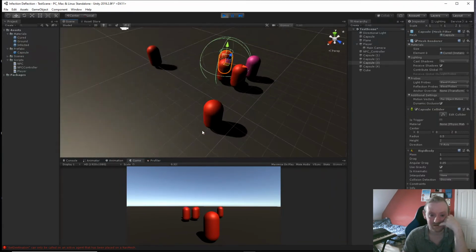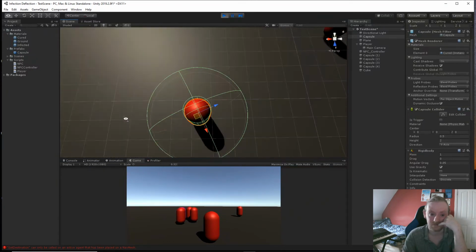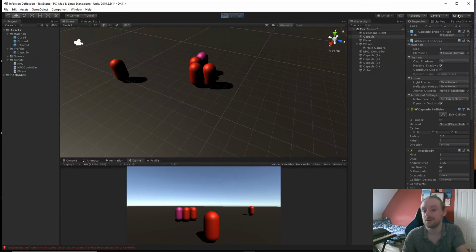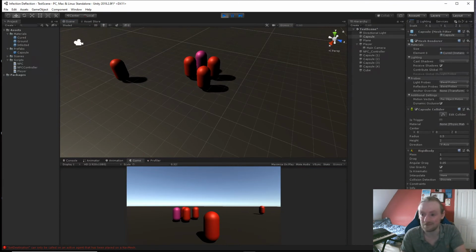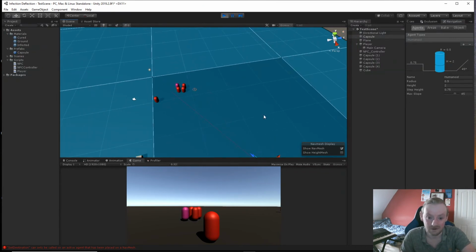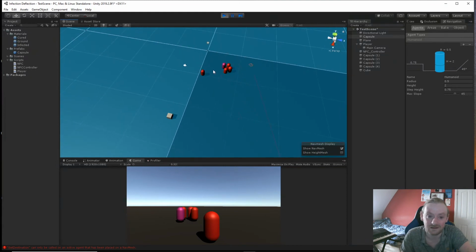Why aren't you going? Where are you going? If I go over... Oh, you're really... I don't know where you're trying to go. And what are the chances that 4 of them randomly picked navigation? Oh, wow. Oh, he's trying to get over there, but he can't, so he's falling away. These guys...